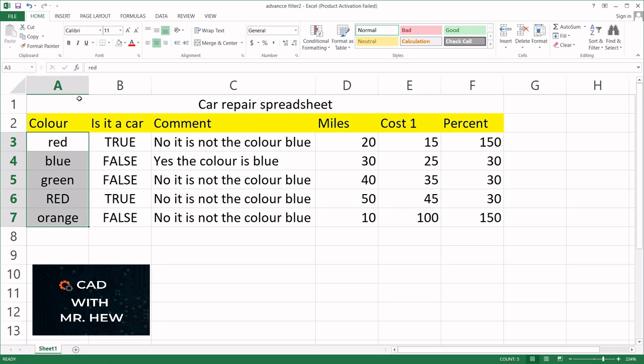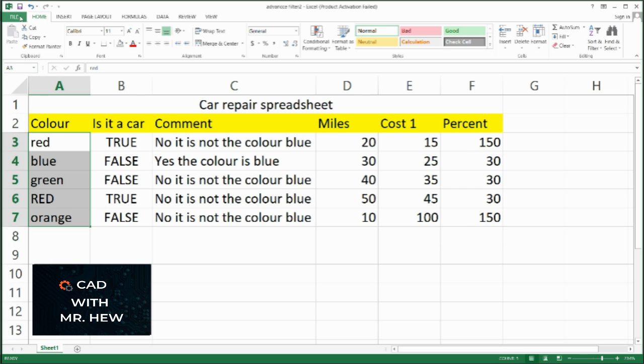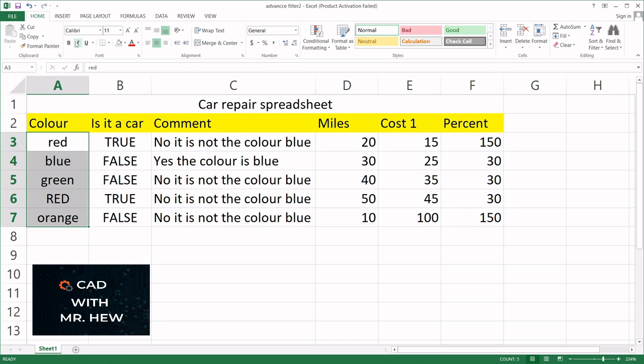Then I want to make sure that these items that are under the column entitled color are italics. So what I'm going to do again, I'm going to select the range, which is A3 to A7. Then I'm going to make sure that the Home tab is selected. Then I'm going to come across here and use my mouse to click the italic option here, which I